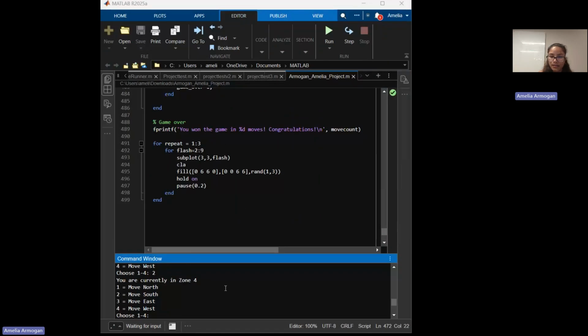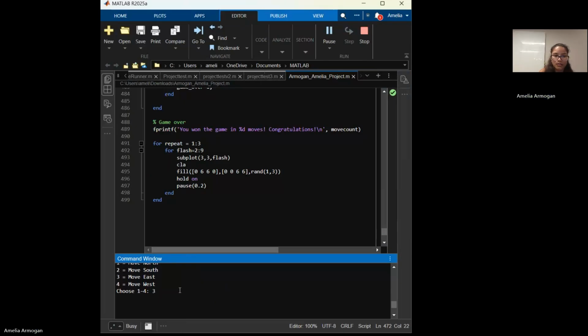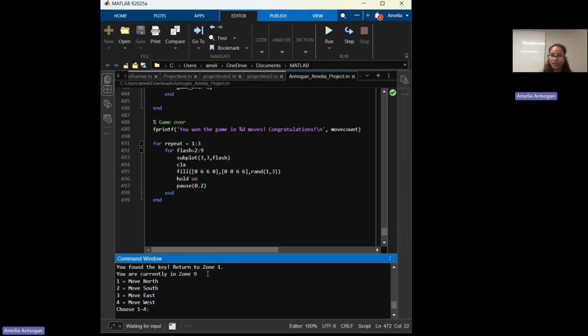Okay, and let's do 3. Okay, not there. Let's do 3 again. And let's move south. Still no, oh, there's the key. Now, you have found the key. Return to zone 1. So now I'll move west